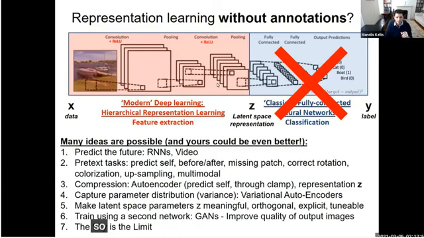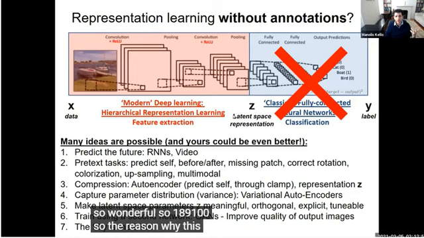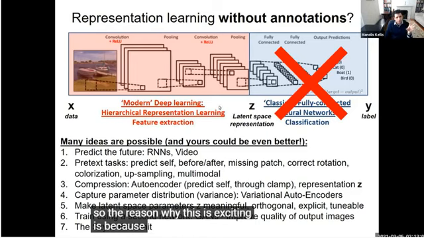So wonderful. So 189100. So the reason why this is exciting is because